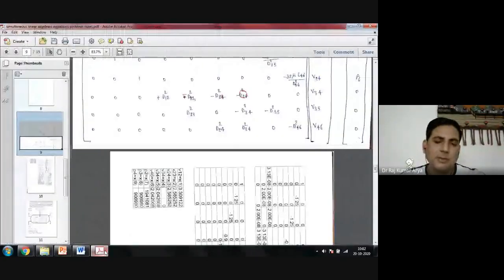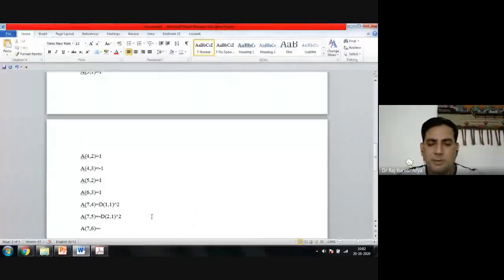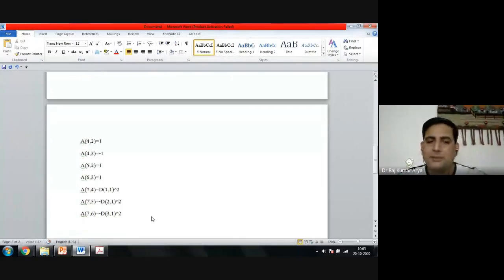D24. So D24 is your second point, so you can write that corresponding diameter there. You might be considering D31 there as D24. Okay, so you have generated this row.